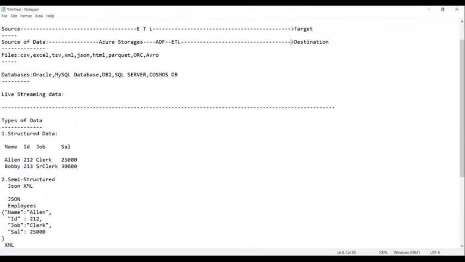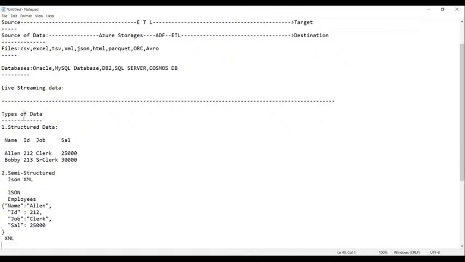So now, what are the storages we have, and which storage stores what type of data? Let us try to see this. So everyone knows now what is the source and what are the types of data.